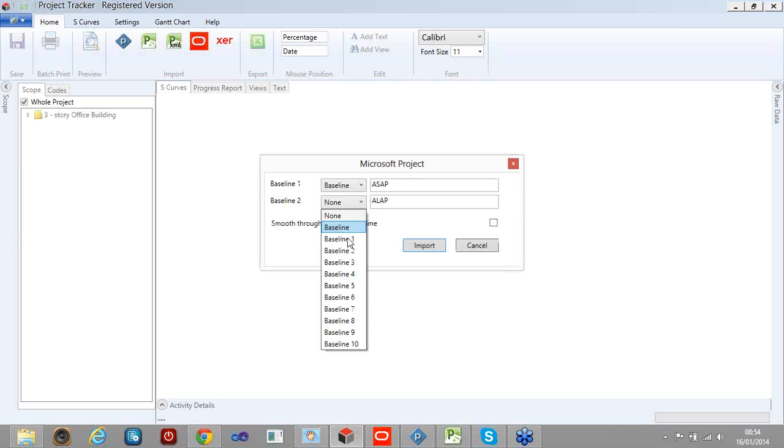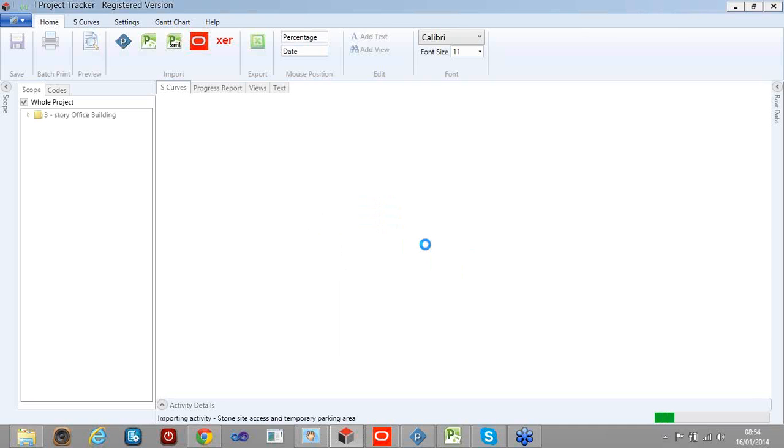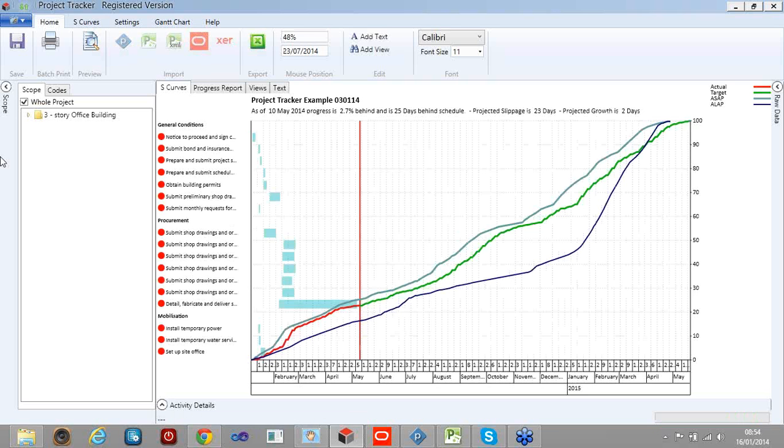Again, set with baselines. So the Microsoft XML is quicker than going direct to the, but again imported, same results. So you can see that we can import the data from all of these